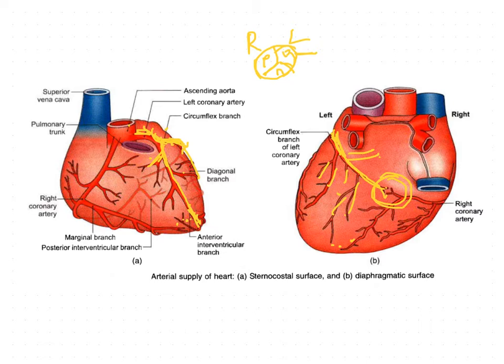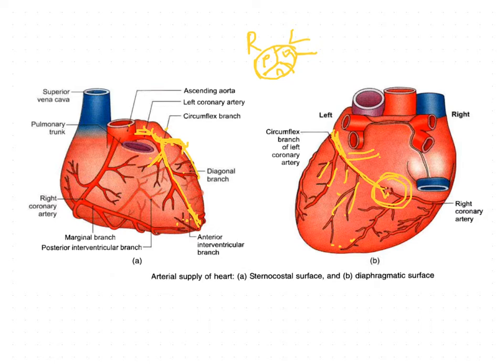And coming to the conducting system of the heart, it supplies the left branch of the AV bundle. So these are all the arteries supplying the heart. Coming to the collateral circulation, the cardiac anastomosis, the two coronary arteries anastomose with each other